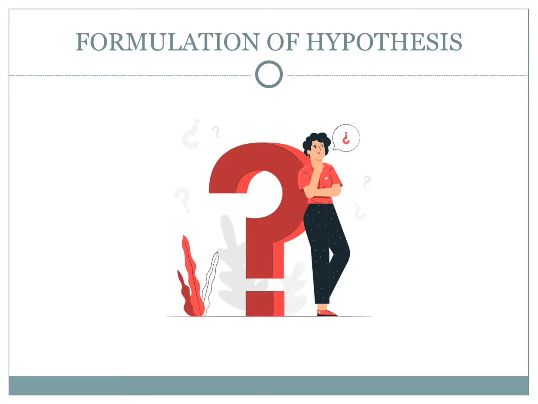Now, formulation of hypothesis. Every research study need not have a hypothesis, but in social sciences, usually when you're studying commerce, management, business studies, you will probably have a hypothesis which you will want to test. So a hypothesis is a predictive statement. It is a measured guess, and it is something like, there is a relationship between a person's income and his ability to save. There is a relationship between the reading habits of people and their propensity to be successful.